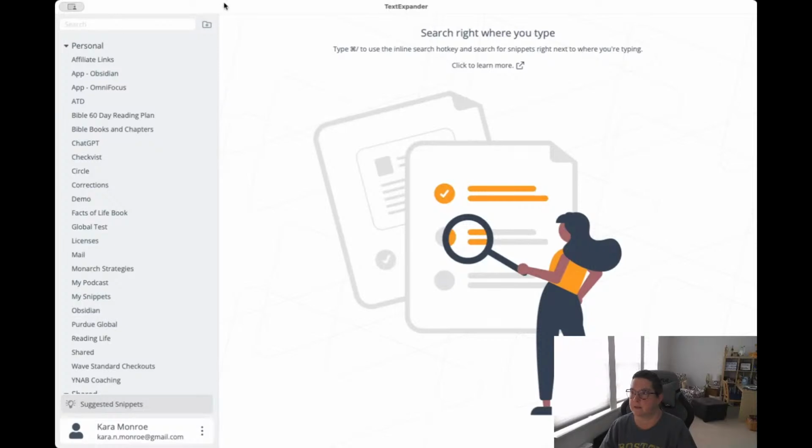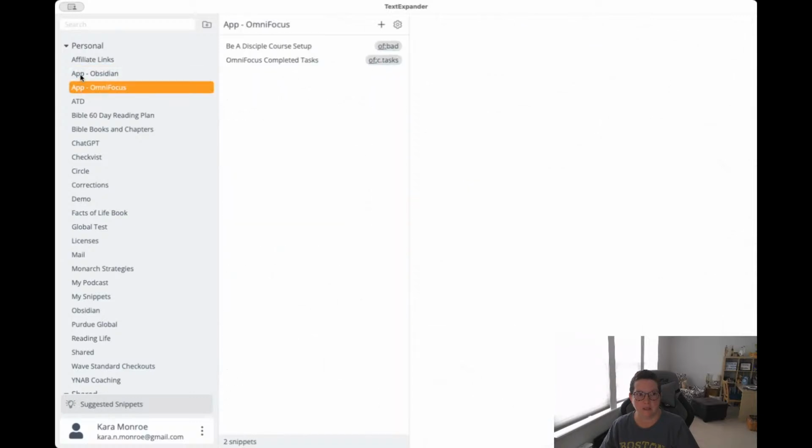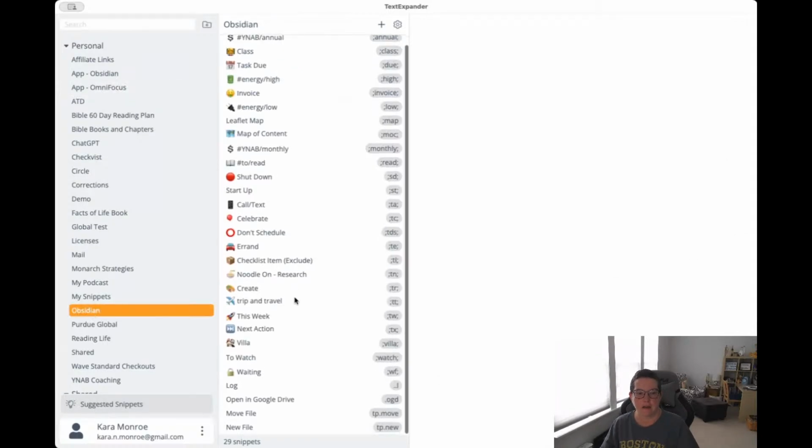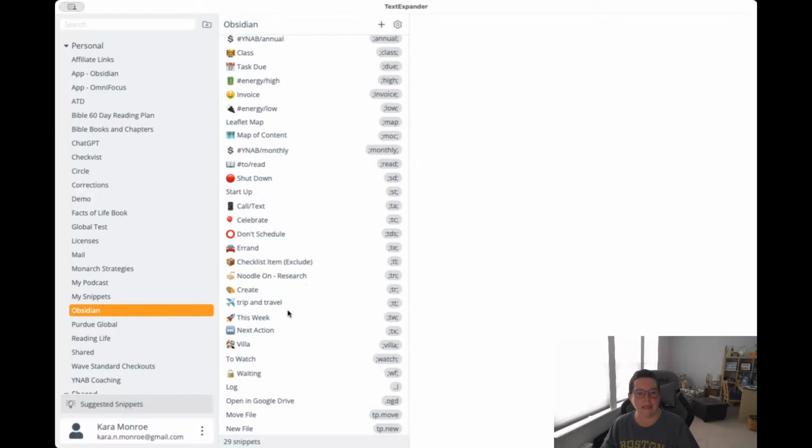And I'm going to do my very best throughout this to show you my messy workspace. I am not always the neatest, cleanest worker. And here's a great example of that as we jump straight into Obsidian. You'll see up here, I started to put these little app text expansions together, but I also have this random Obsidian folder down here. Now, I actually don't use really any of these anymore, so I'm most likely going to